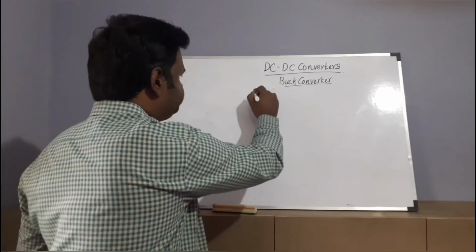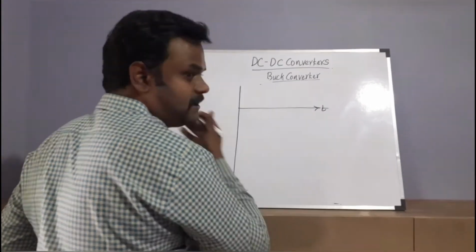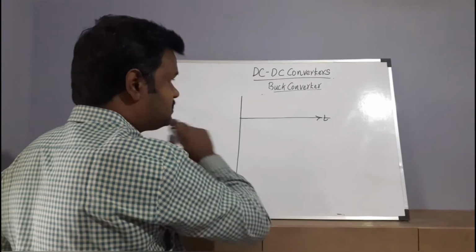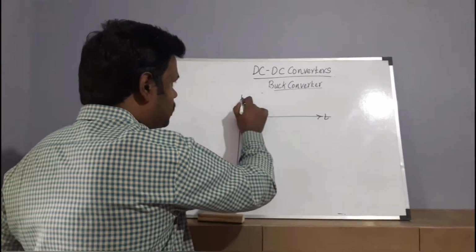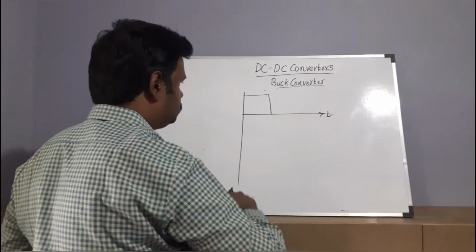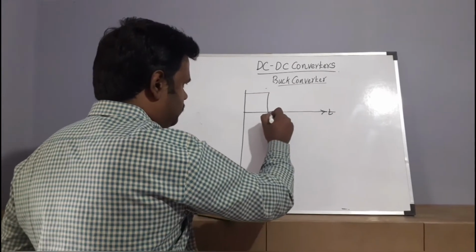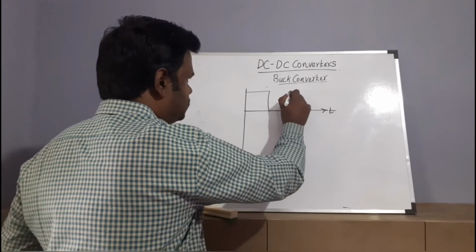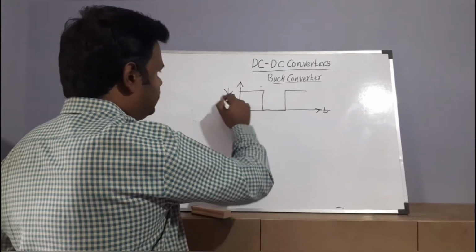So simple, this x-axis represents time and the y-axis I am going to represent as input voltage, right? The conditions are turn on and turn off. During turn on I will be drawing like this, and during turn off I will be representing like this. Again during turn on it will be going on. This is our supply voltage.